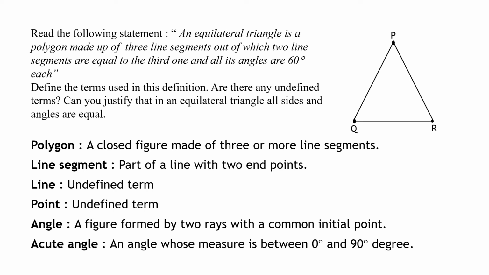Now there are steps of construction, but an equilateral triangle is a polygon made of three line segments. So three line segments make a triangle, and in a triangle, when all the three sides are equal, it is called the equilateral triangle. If you measure each angle, then each angle will be exactly 60 degree. So this can be verified by measurement. But since we talked of equilateral triangle, which are the other triangles? So in a triangle when all three sides are equal, it's called the equilateral triangle.